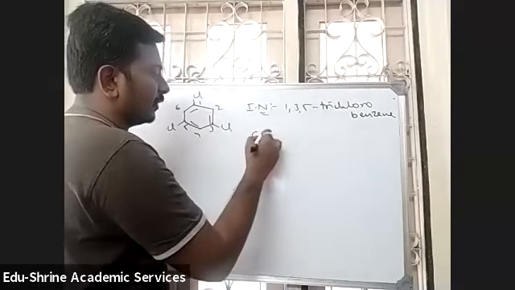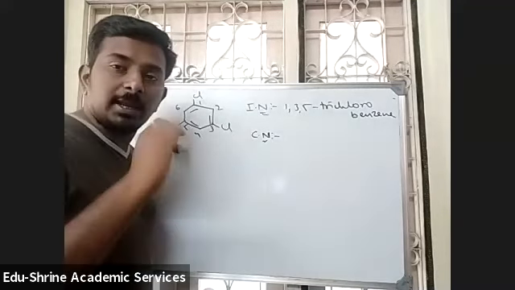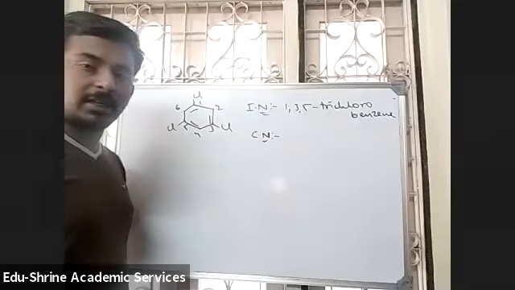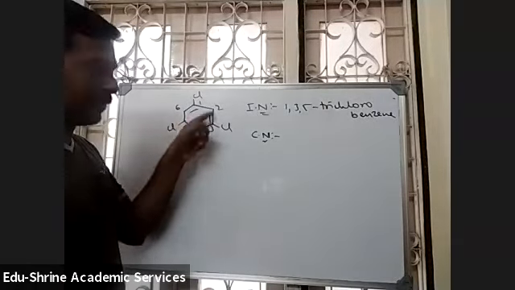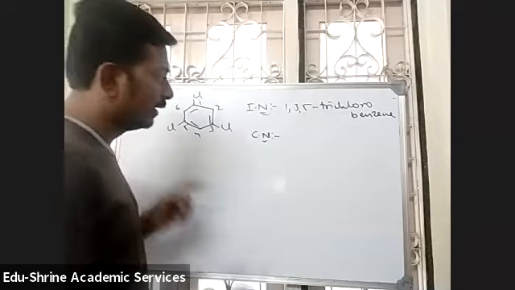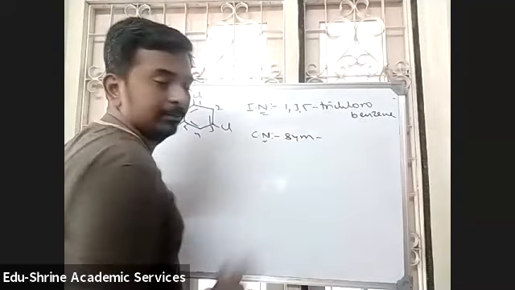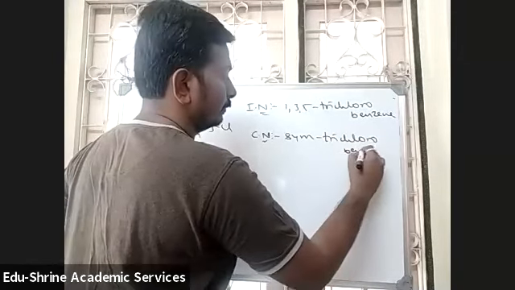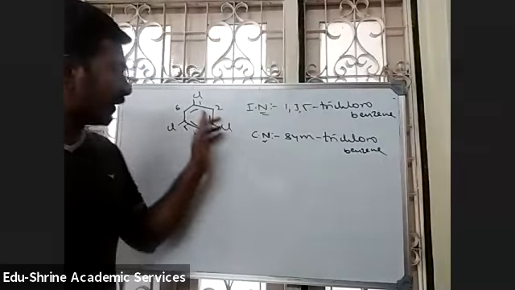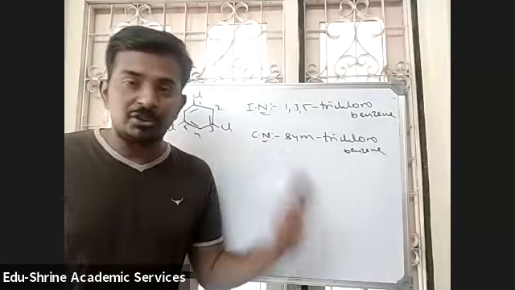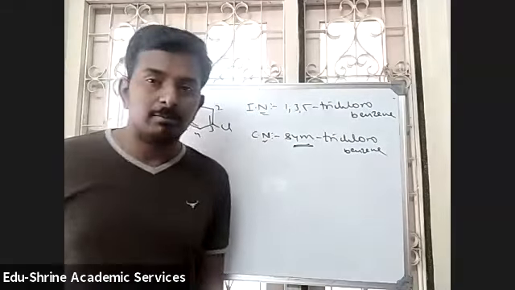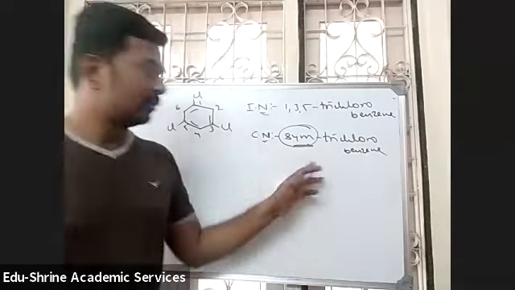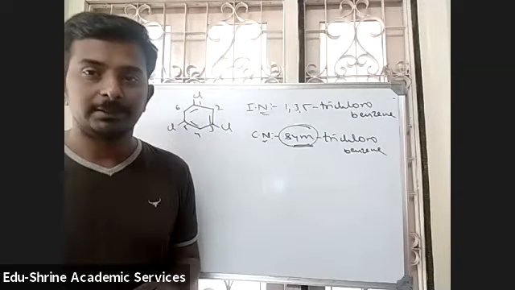There is a common name for this type of compound. When there are three groups present at equal positions on the benzene ring, it is symmetrical, because this chlorine, this chlorine and this chlorine are present on alternate carbon atoms. That's why it is called sym, so sym-trichlorobenzene. Whenever you have three substituents on the benzene ring at identical positions, we use sym because it is symmetrical. This is the only new word you are studying here.